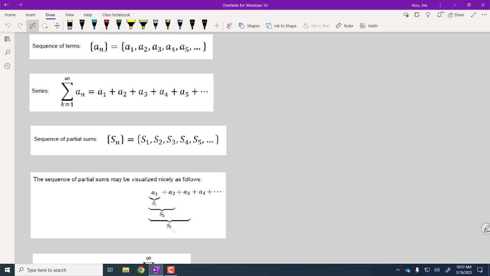The series is the sum of the sequence of terms. Then we create our sequence of partial sums. The sequence of partial sums is what is going to be analyzed. So in your mind, this is what you should be thinking of when you are thinking of your sequence of